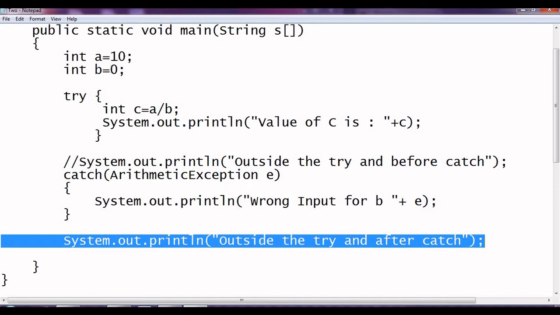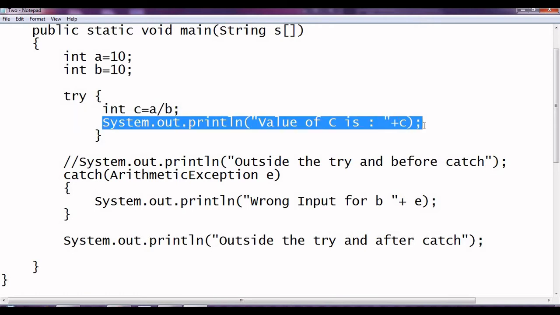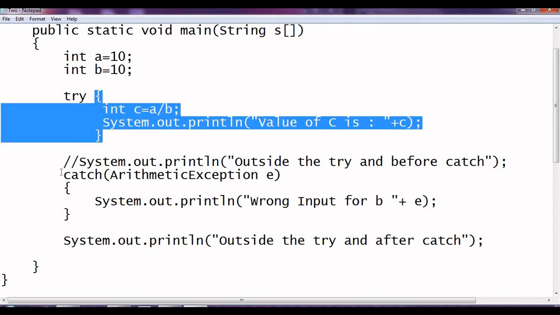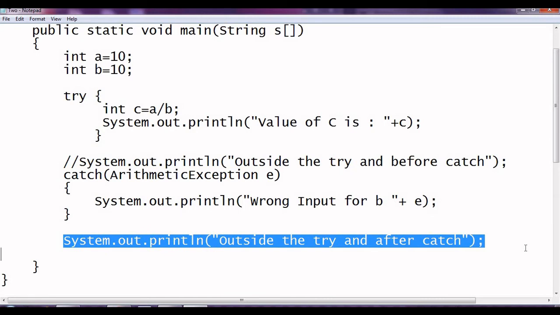And if there is no error like this, it will execute the try without any error. Try is completed now, and we go for the catch only when we have an error. We do not have any error, so we will skip this one, and the output will be this.